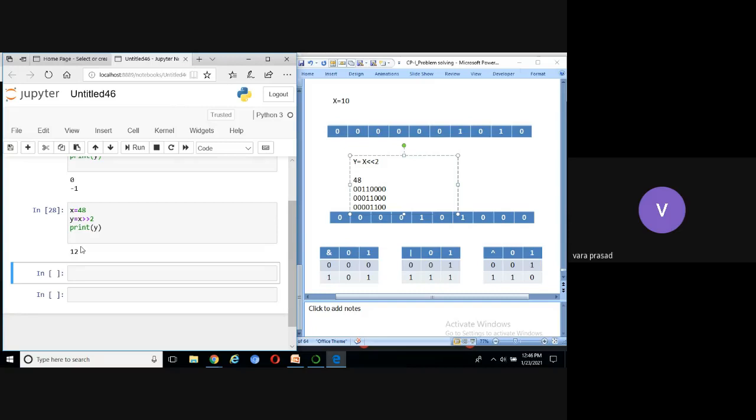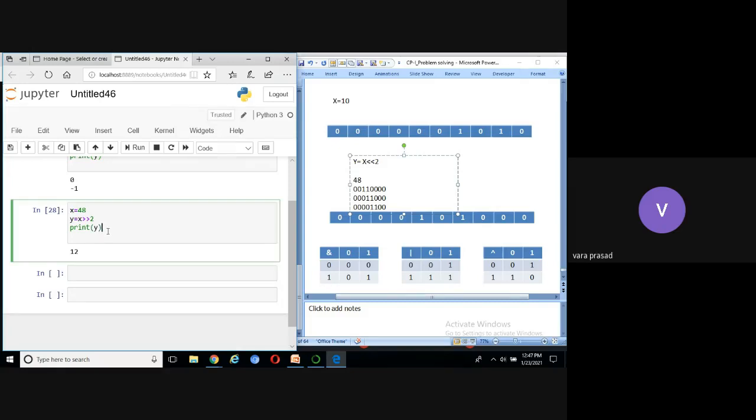Did you all understand the bitwise operators? Complement operator we'll discuss later. Complement operator, AND operator, OR operator, left shift operator, right shift operator. Any questions? And XOR operator. What is the symbol for XOR operator? Caret. Symbol for bitwise AND operator, ampersand. Symbol for bitwise OR operator, pipe. Left shift operator, double less than. Right shift operator, double greater than. These are all called bitwise operators.